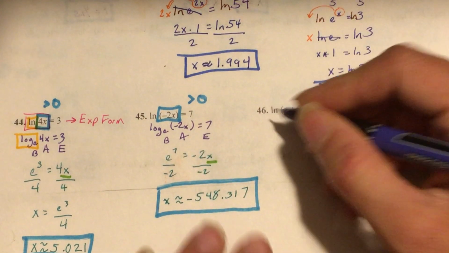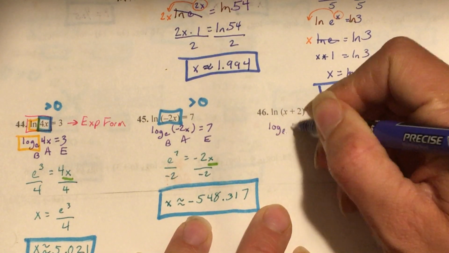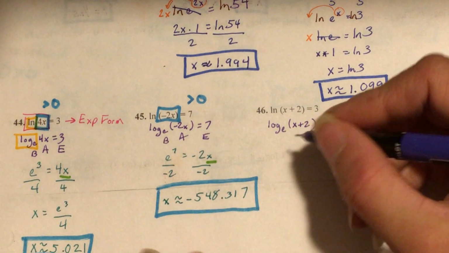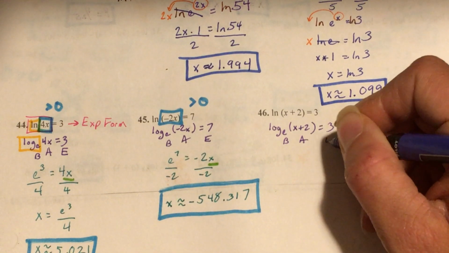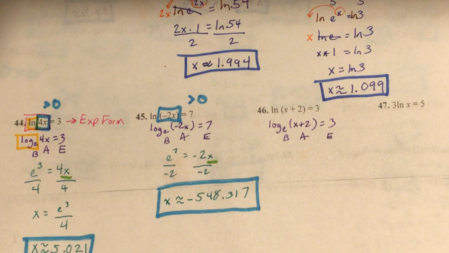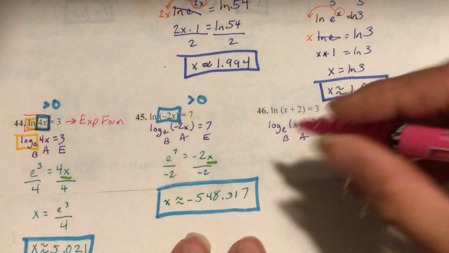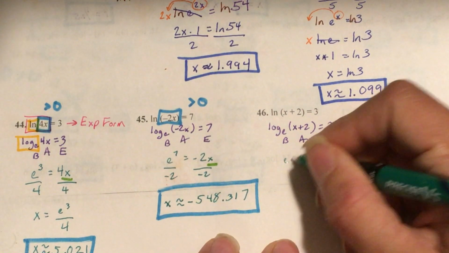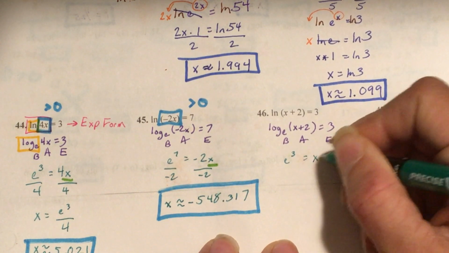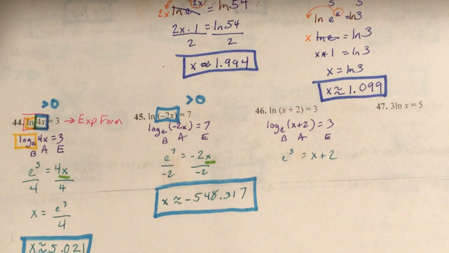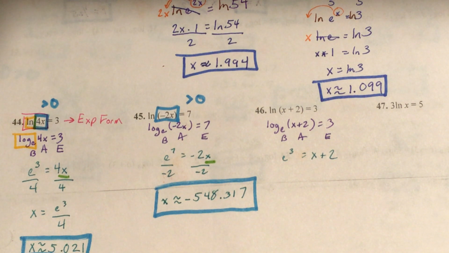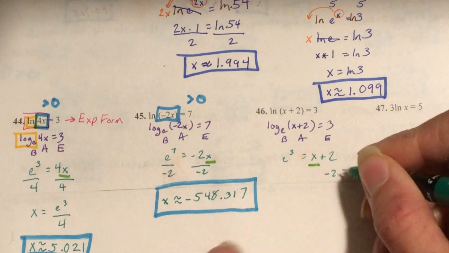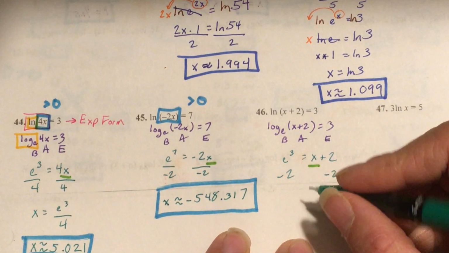So we go ahead and go directly to replacing natural log with log base e. And then big animal ears. So again, for those single log equations, you write it in exponential form. So our base is e. Our exponent is 3. Our answer is x plus 2. So again, it's in exponential form, but it's not an exponential equation because our variable is at ground level. So to solve for it, we will simply subtract 2. And that ends up giving us